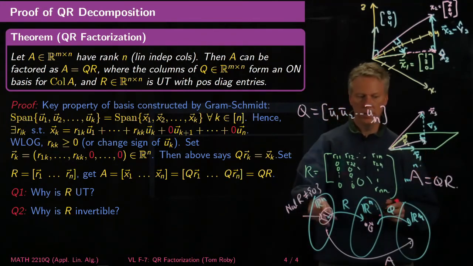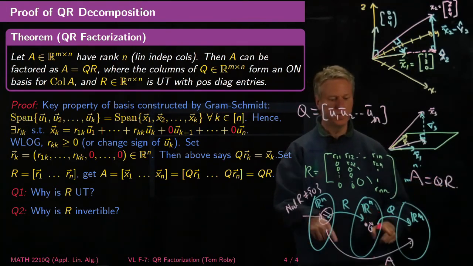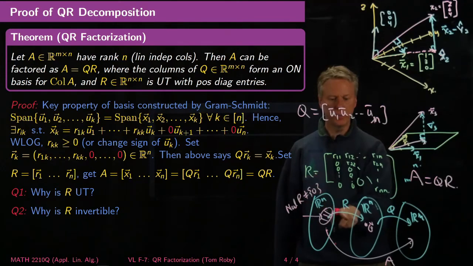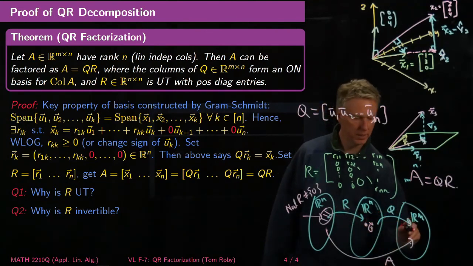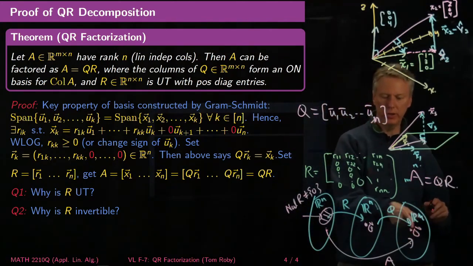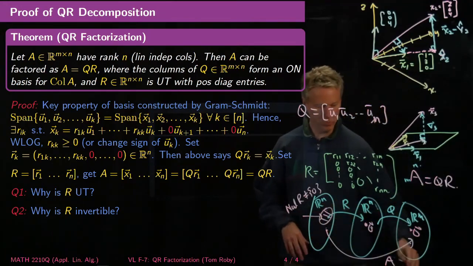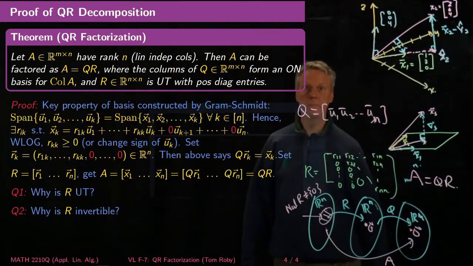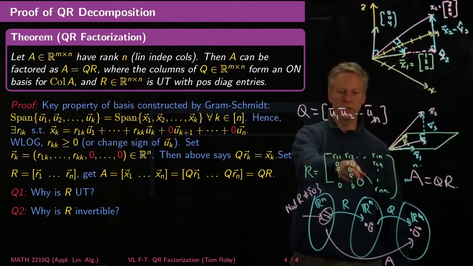So if the null space of R is bigger than 0, and A is equal to Q times R, then anything that went to 0 here will definitely go to 0 there. So if I have a non-trivial null space for R, then I must have a non-trivial null space for A, but I don't have a non-trivial null space for A, so it can't happen. All right, so that's one way of seeing that R is invertible. And once you know R is invertible, then since it's triangular,